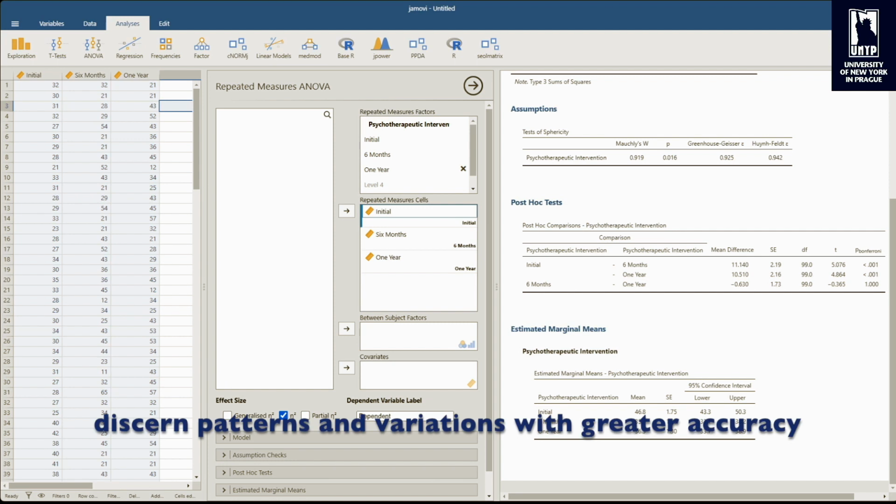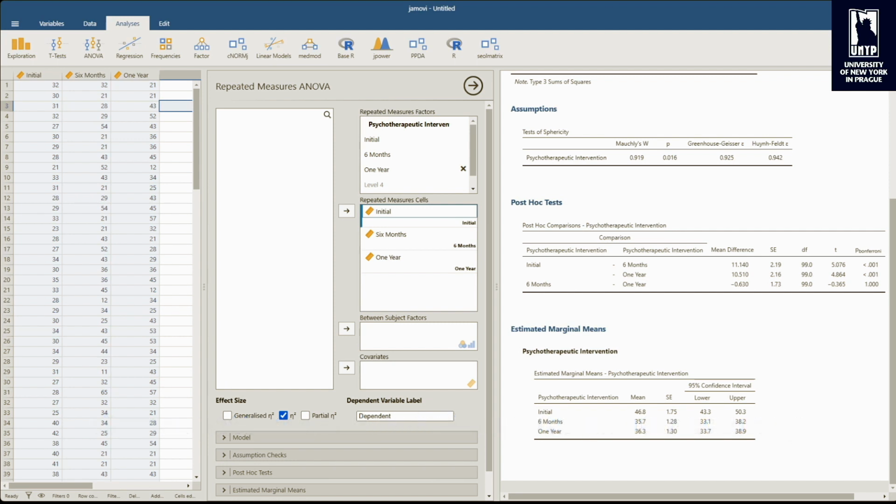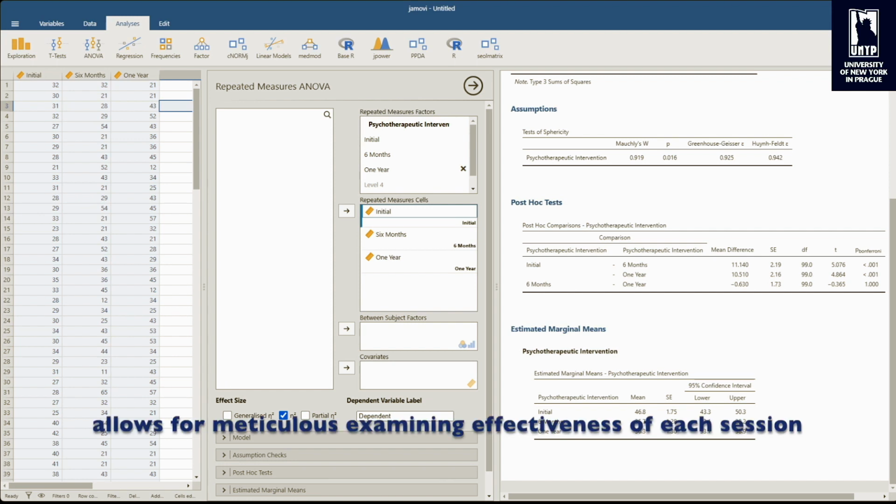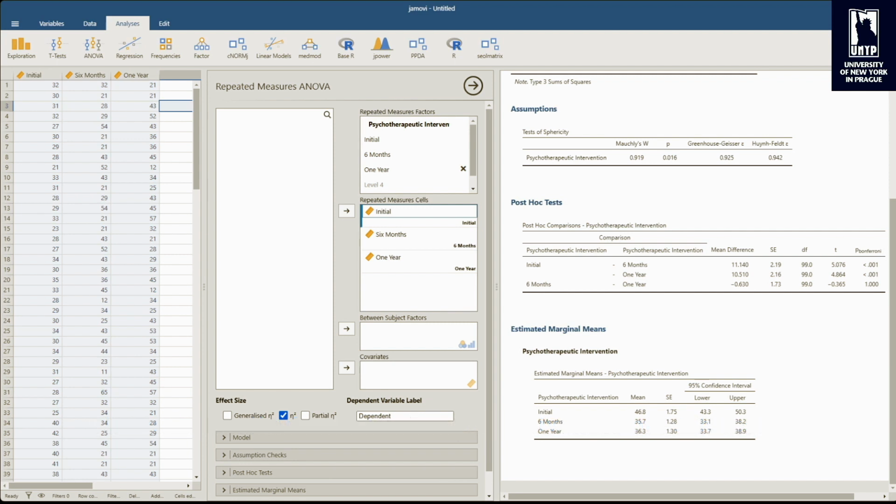Allowing us to discern patterns and variation with greater accuracy. Consider psychological studies focusing on behavioral modifications, cognitive developments, or the effectiveness of therapeutic interventions, like those assessing the varying impacts of cognitive behavioral therapy sessions on individuals suffering from anxiety disorders. Through within subjects ANOVA, we can meticulously examine the effectiveness of each session and make informed conclusions about the therapy's